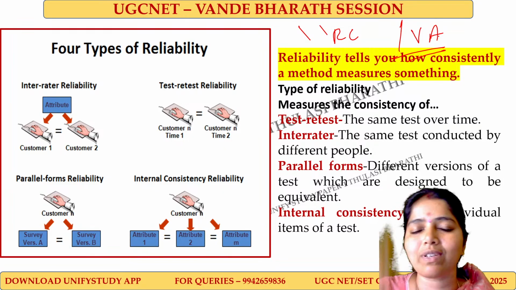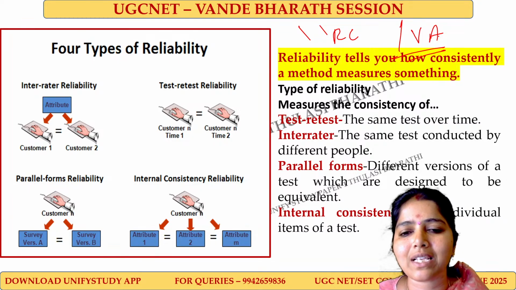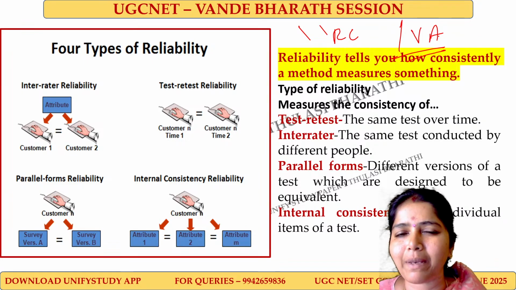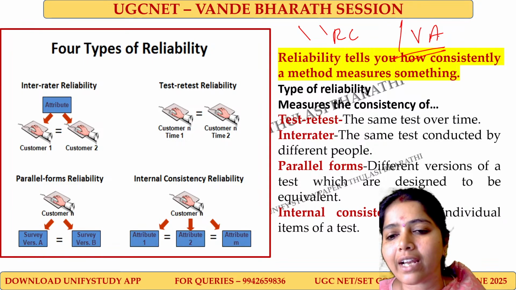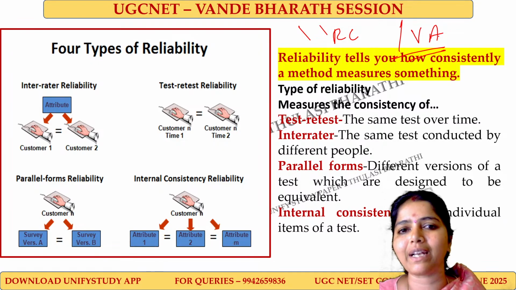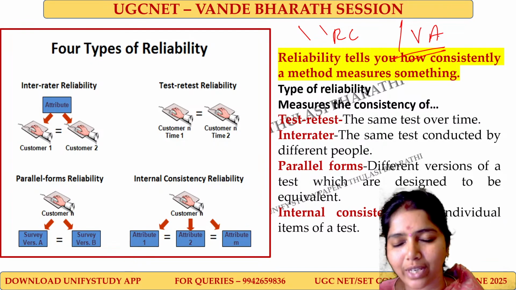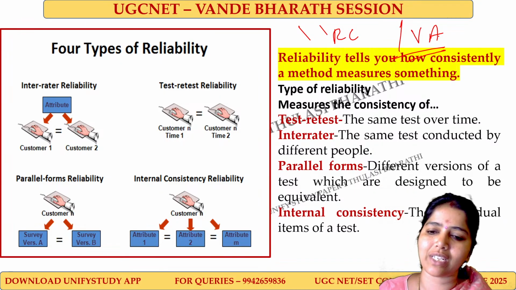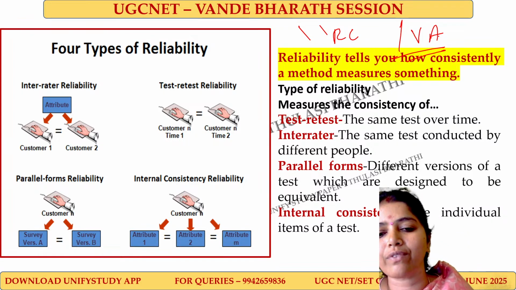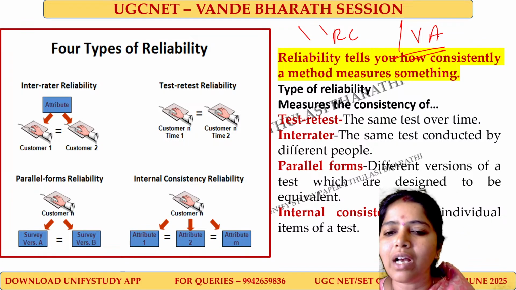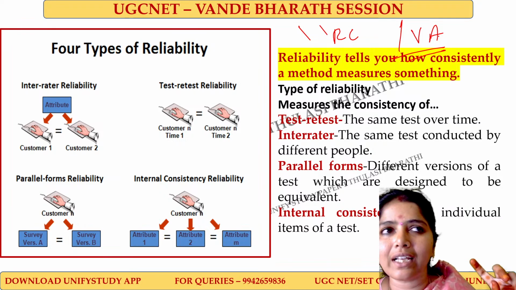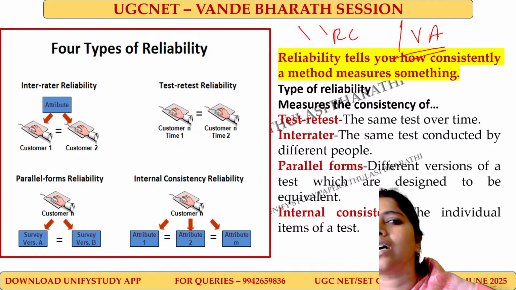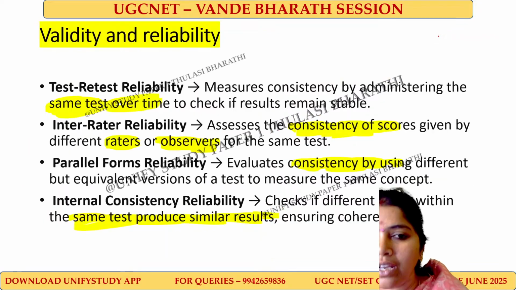My height I use as an example, and there we have 4 types: test-retest, inter-rater, parallel forms, and internal consistency. Test-retest means however many times I repeat the test, I should get the same result. Inter-rater means the same test conducted with different people, with different instruments, I should get the same height, 165. Parallel forms means different versions of the test have been designed and all should give equivalent results. And internal consistency means the items inside the test should be aligned with the question. That's called internally consistent.